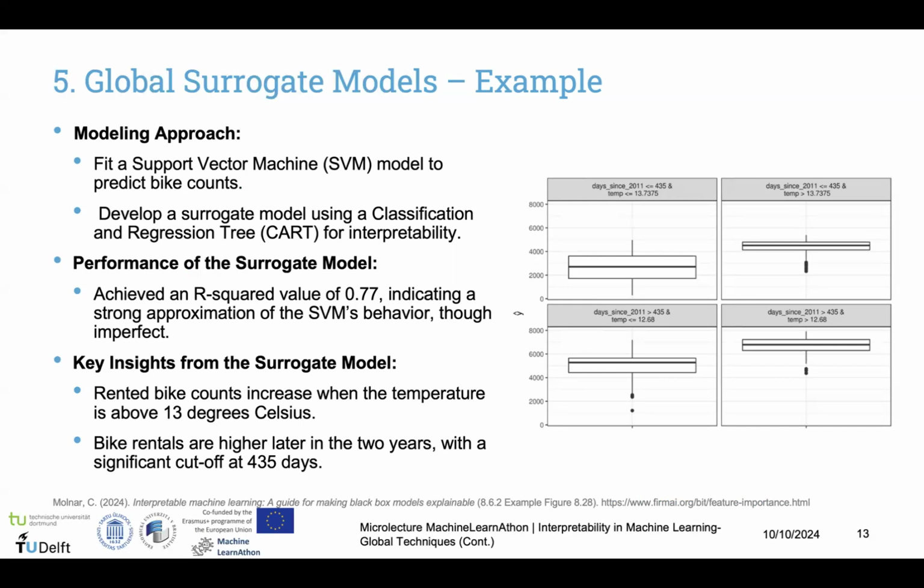And the insights that we can get from the figure we have here are that rented bike counts increase when the temperature is above 13. And another interesting insight is that bike rentals are higher later in the 2 years, with a significant cutoff at